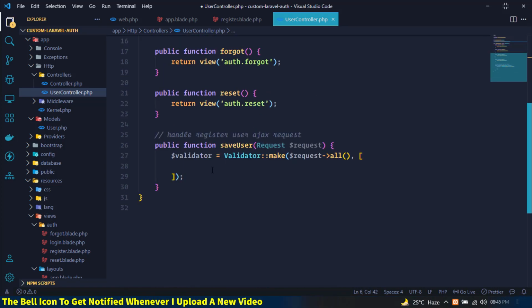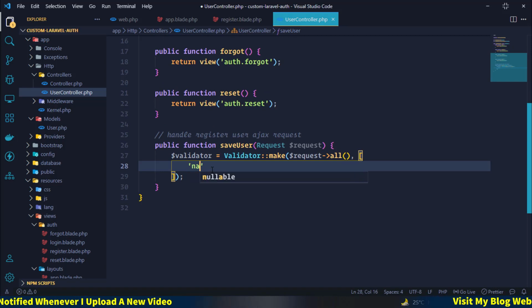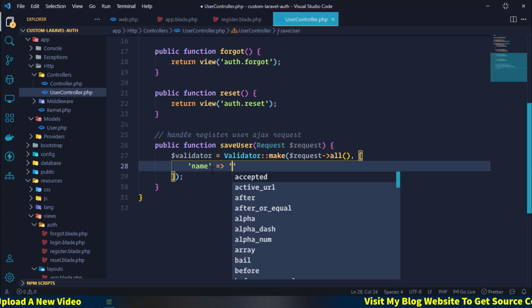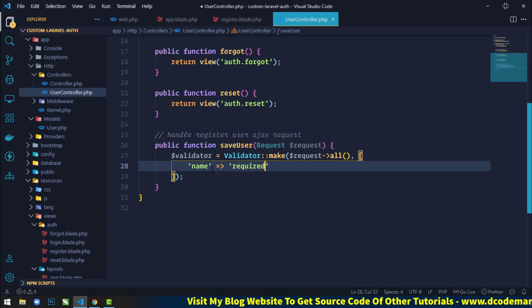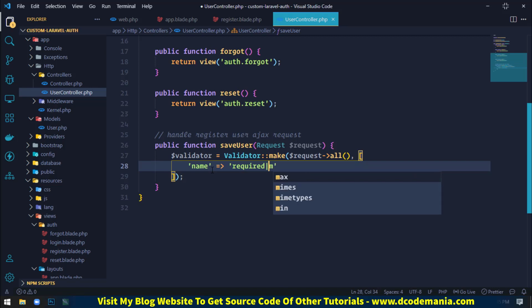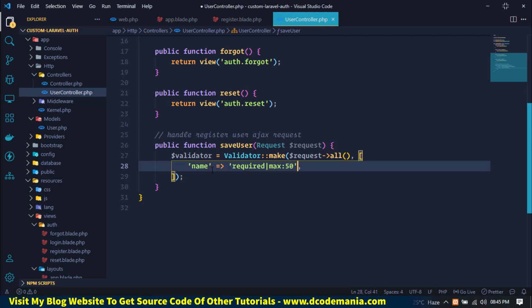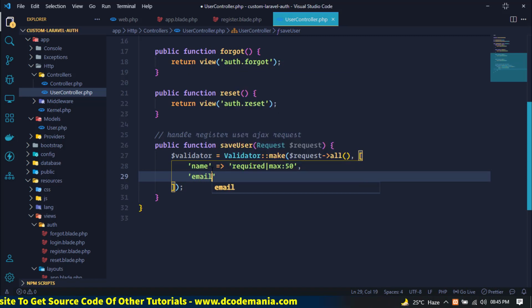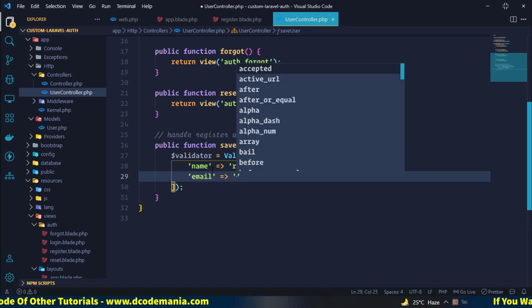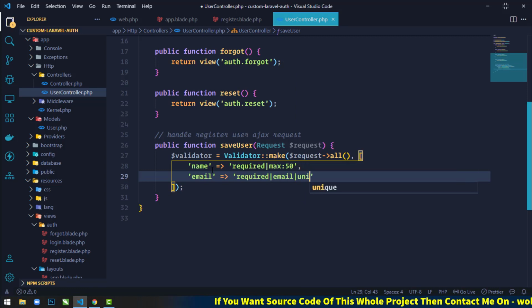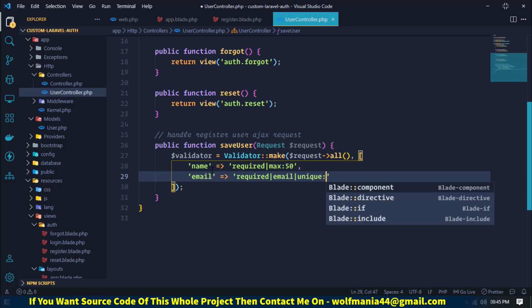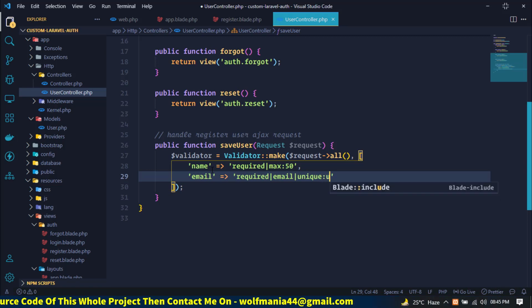Okay, now here what I will do is I will write name, and here I will define the parameters. So first parameter will be required, so name will be required, and max length will be 50. Now next field is email, so here we have to write required. This will be a required field, and here just write email, and this will be also a unique field, so here just write unique, and this will be unique in users table.